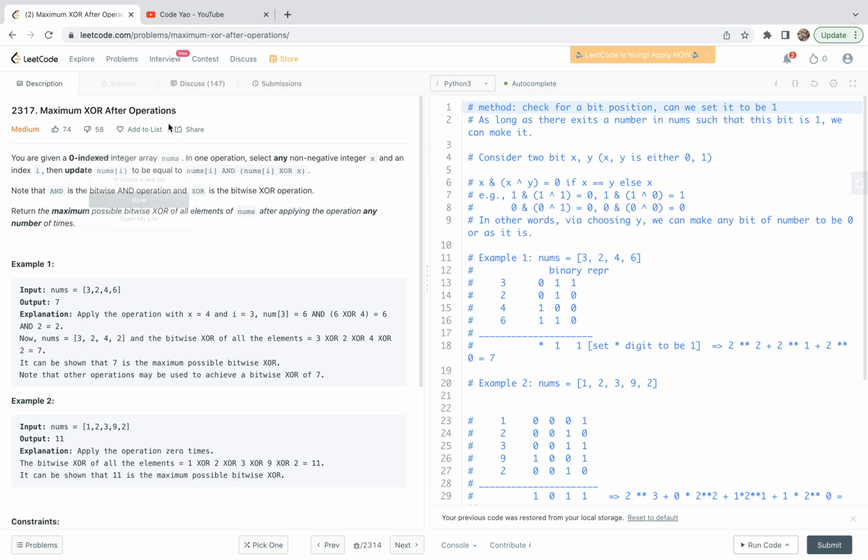Alright, let's have a look at problem 2317, maximum exclusive OR after operations. For this problem, we're going to check each bit position to see if we can set it to be 1 to maximize the result. So that's the method. First, I'll go through the statement of the problem, and then we will explain the method and look at the examples. And finally, we share the short code and do the